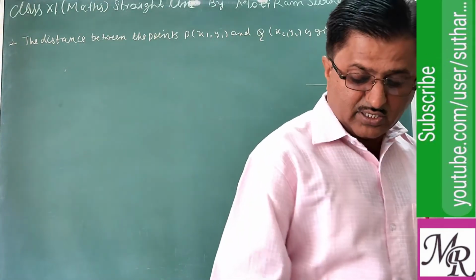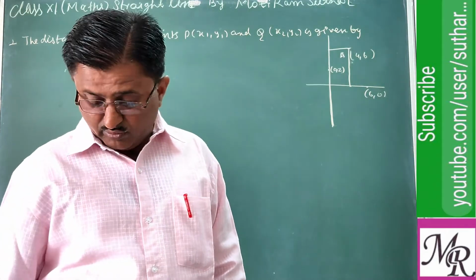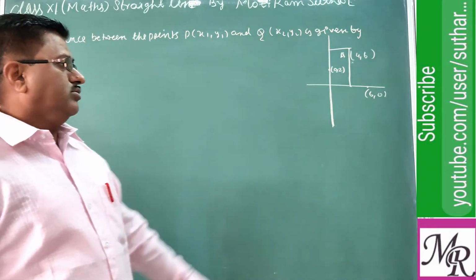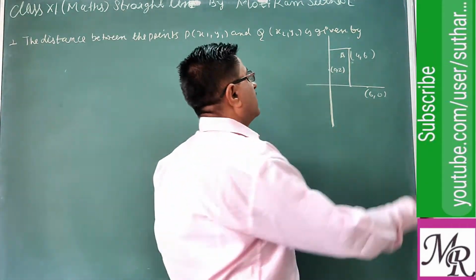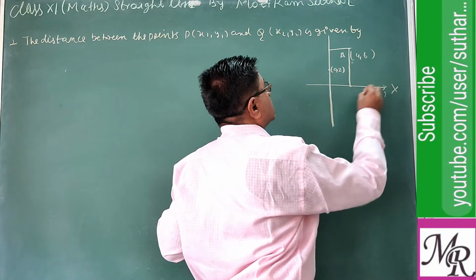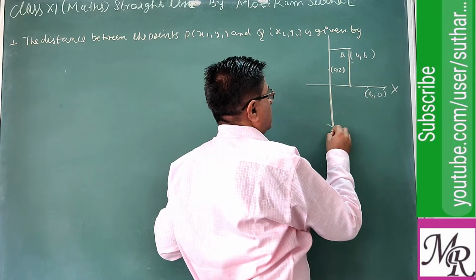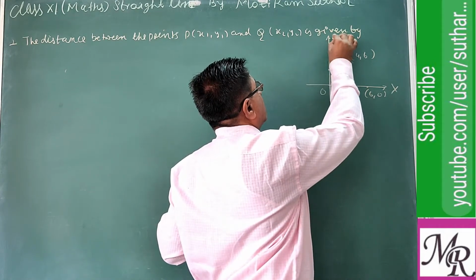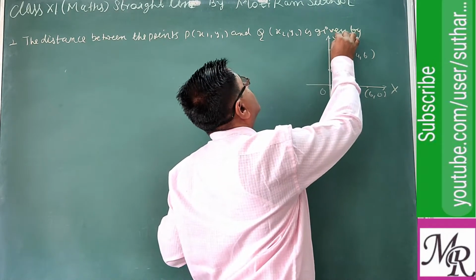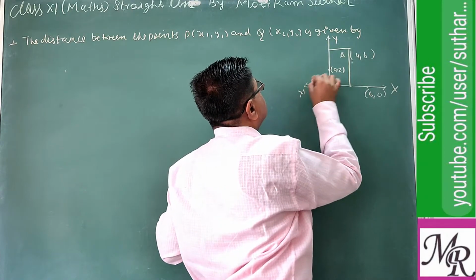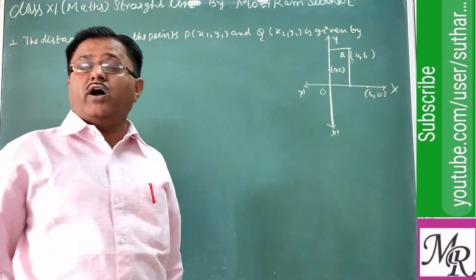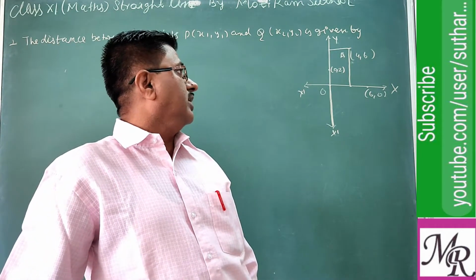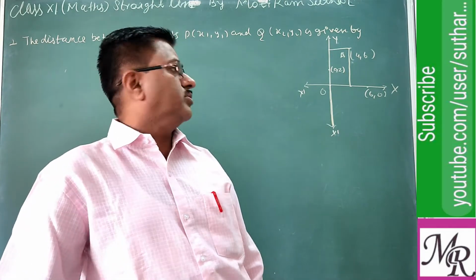So we can revise here some points. For review we take them again to refresh your mind. As you know, in the Cartesian system we are taking x-axis and y-axis, and both intersect at the point we call zero or origin. And we also find the position of any point with respect to origin in the two-dimensional plane.